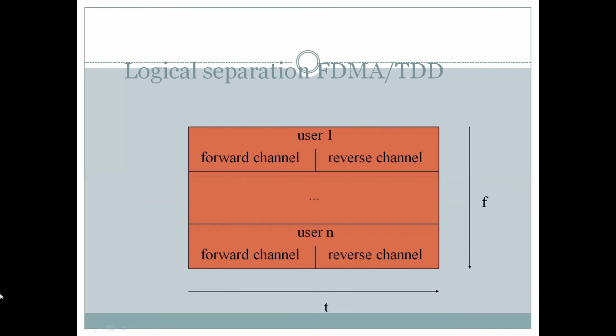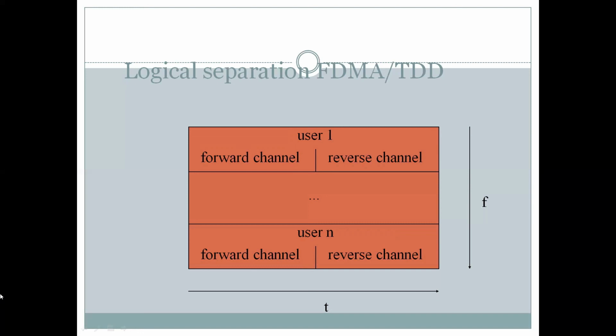So there is user 1 with forward channel and reverse channel, but the forward channel and reverse channel themselves are divided in terms of time. You can see this vertical division in terms of t here, and that makes it an FDMA with TDD. It is a frequency domain multiple access technique. However, it is done in tandem with time division duplexing because the forward and reverse channel separation has been done in time domain. You can see the x-axis has been divided into forward channel and reverse channel for user 1. Same case must be there for user 2 and same case must be there for user n.